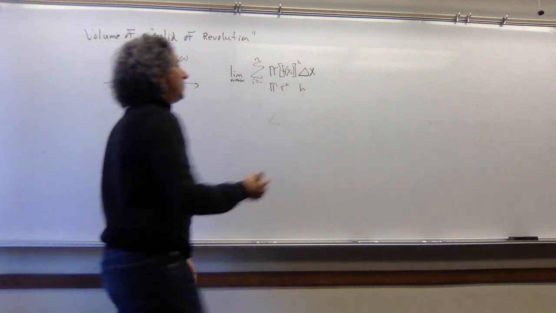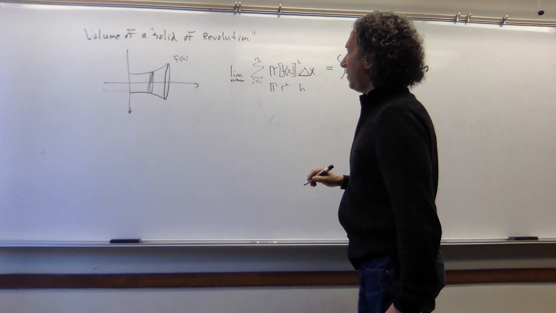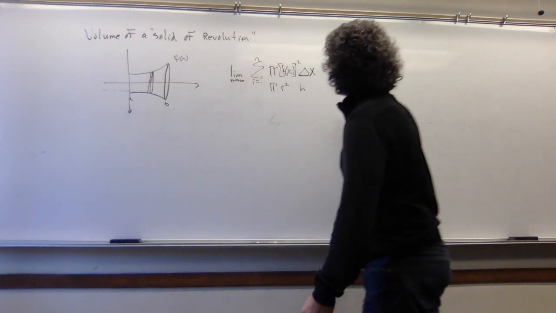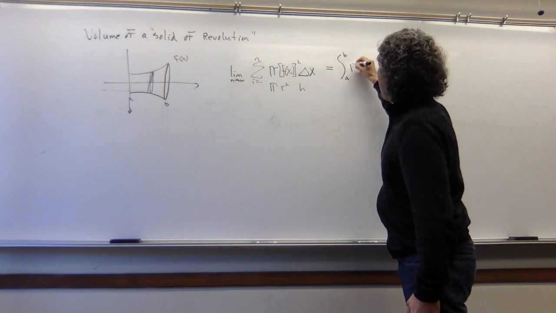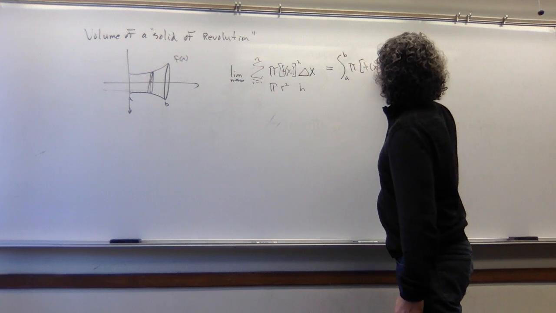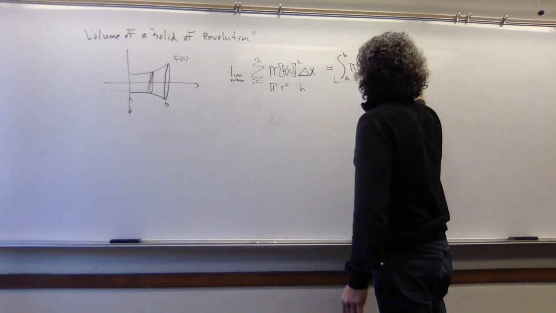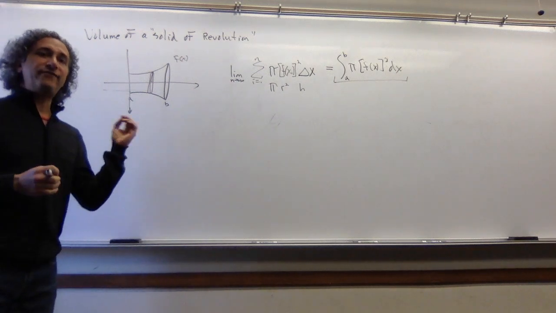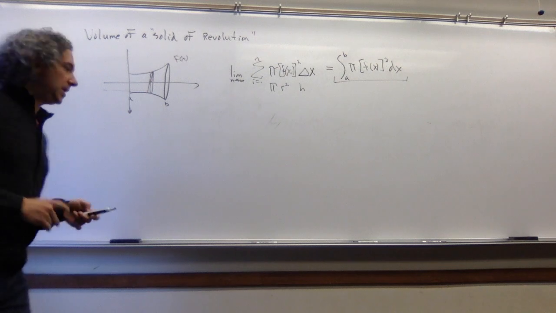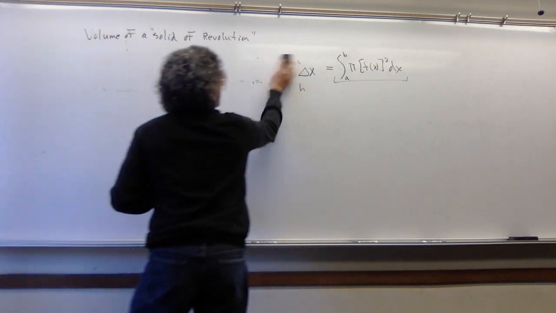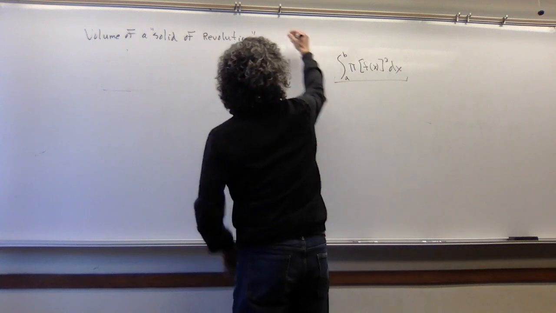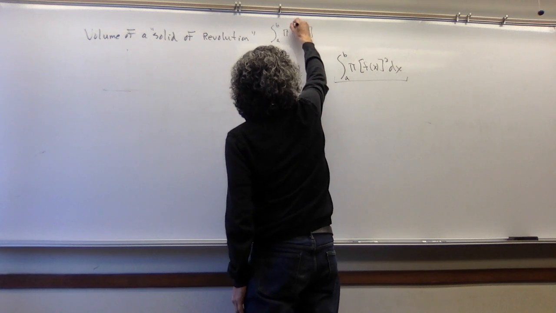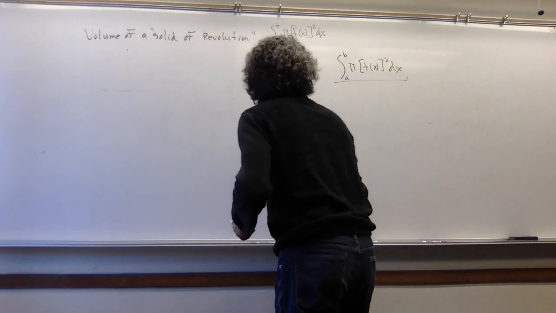But we then recognize this sum as the integral from, let me call this a and call this b over here, so in terms of the x-axis, I'm going to integrate from a to b of pi f of x squared dx. And this is the formula that we'll then be able to use whenever we're rotating a function around a given axis. So let's do some examples with this. I'm going to leave this up here because we will refer back to it throughout the lecture.